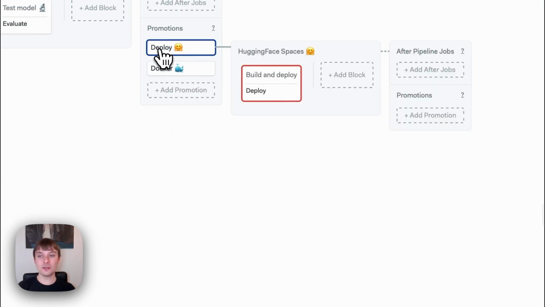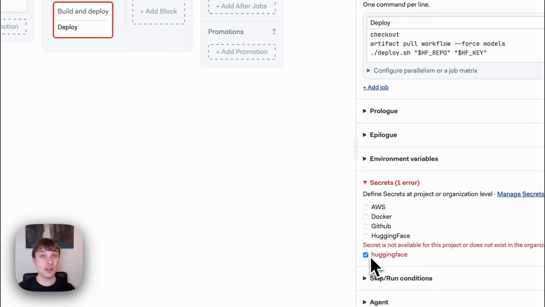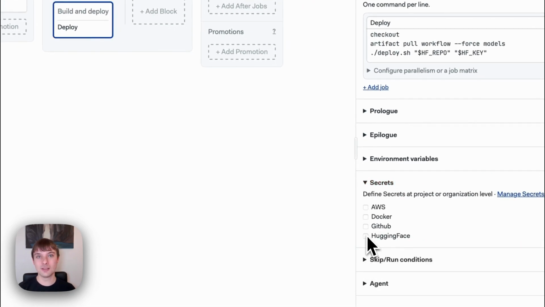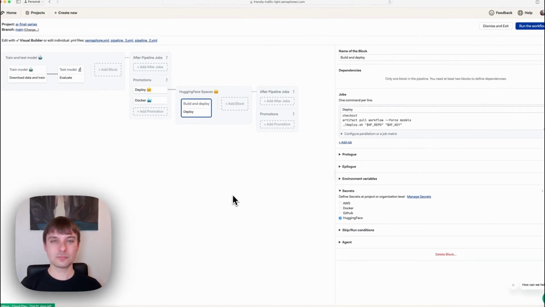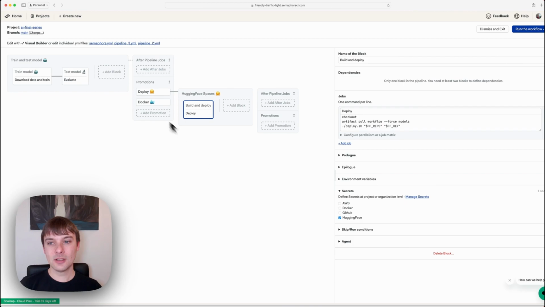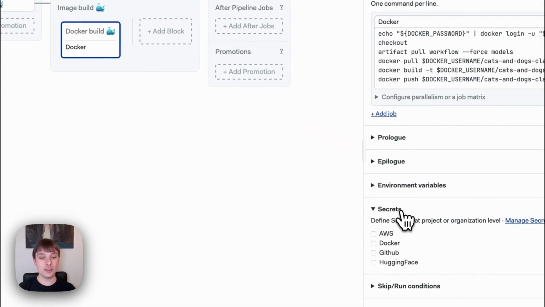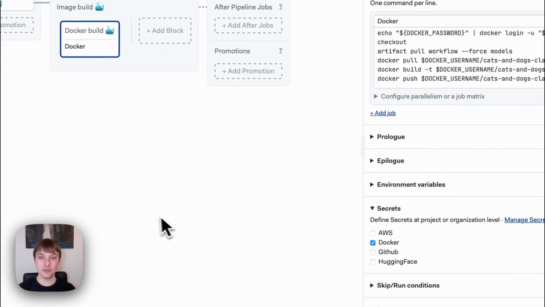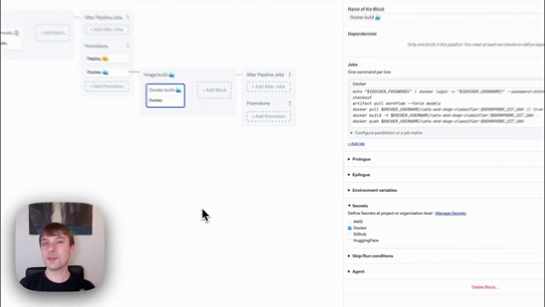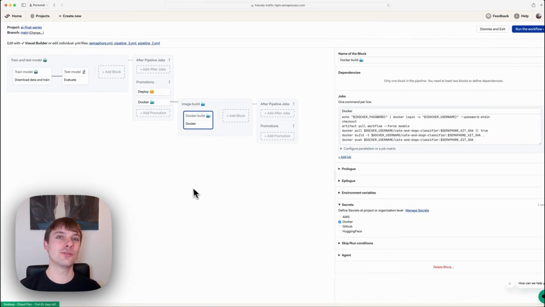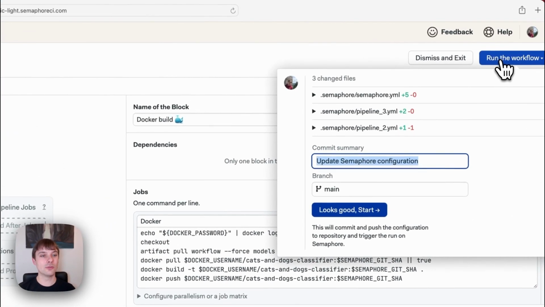Now let's click on the deploy part. So in the build and deploy part, we need to include HuggingFace, so the one that we've created. Click on this one, and this one will get included. Now, once you've done this, you also need to add the credential to Docker. So let's click on Docker build as well and click on secrets and include Docker here as well. So now that we've done adding these secrets to each of these blocks, we can click on run the workflow